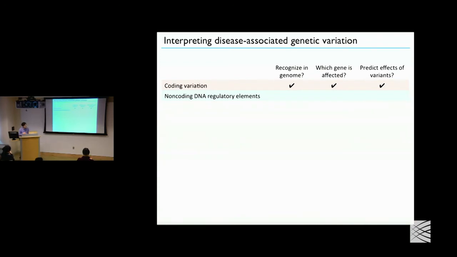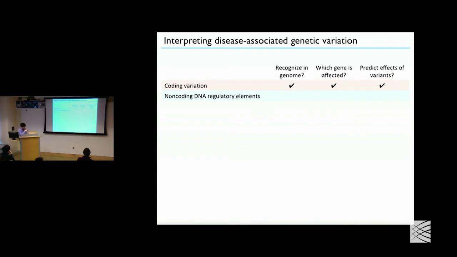If you're so lucky as to have those variants end up in the coding regions of the genome, we can do a pretty good job of understanding their functions. Since the 1960s, we've understood the triplet genetic code, which converts the language of nucleic acids into the language of amino acids. And so we can recognize variants that affect the DNA sequence and predict their functions